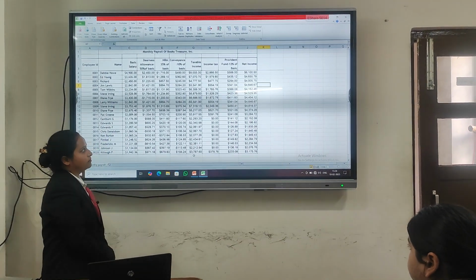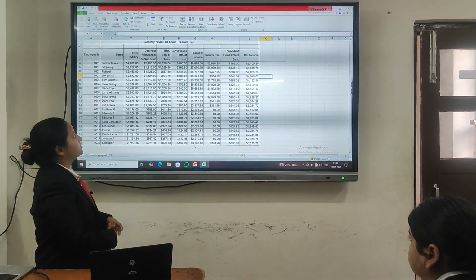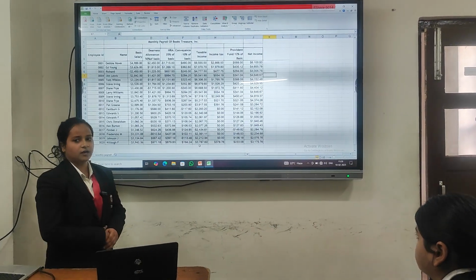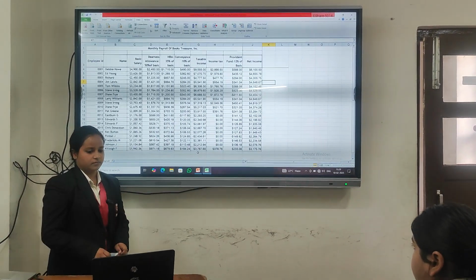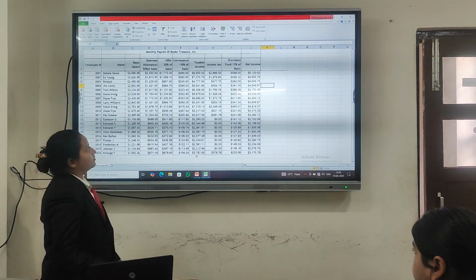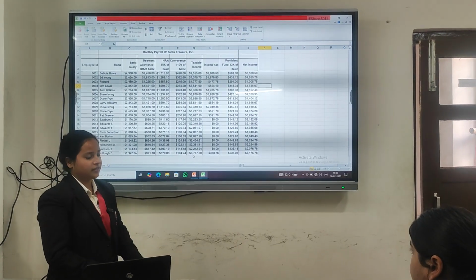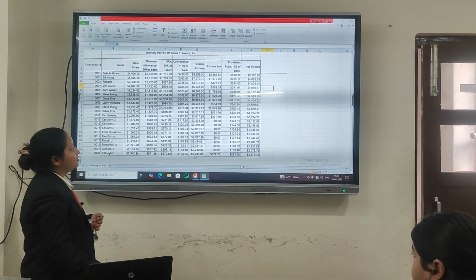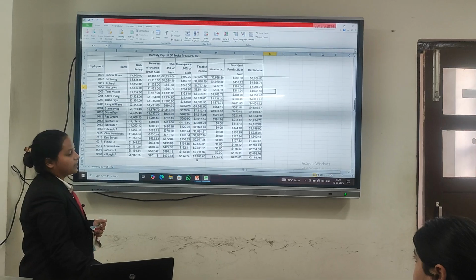Here we see the payroll of employees in an organization, and we find that there are some negative payments for employees.